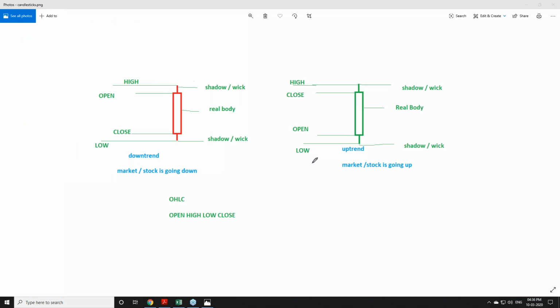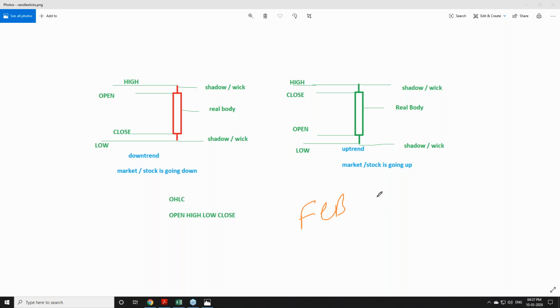Now we have to understand open, high, low, and close, which is called OHLC. Now let's understand it through the petrol price. Petrol price is fluctuating every day. Today is not the same as yesterday. Maybe sometimes it will be the same, but every day it is increasing or decreasing. For example, let's take the petrol price for the month of February.